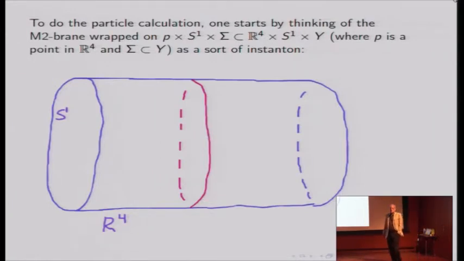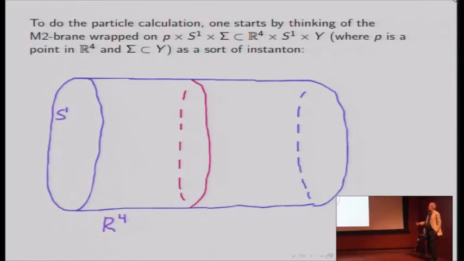So we're going to think of the particle propagating around the red circle as a kind of instanton. That's an event that happens in space-time. It's localized in space and time at a point P in R4. So a Yang-Mills instanton happens at a little localized region in Euclidean space-time, and this event happens near this point